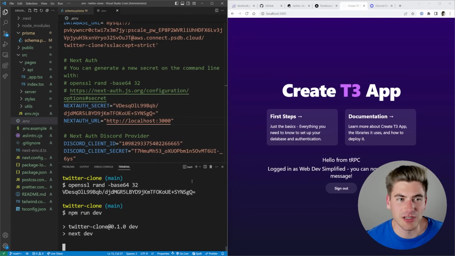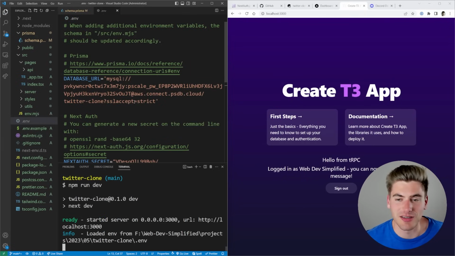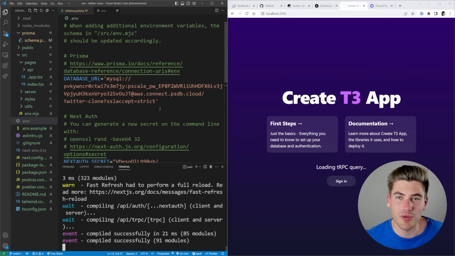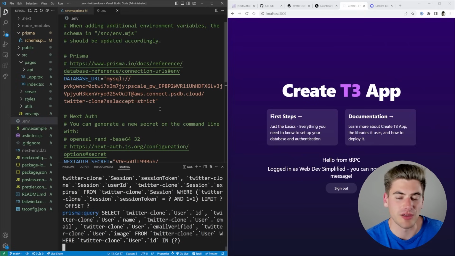So now with that done, we essentially have everything we need to get set up with authentication and our database. The next thing I want to do is actually deploy this right away so that we can easily test what it's going to look like in production as well as in development. So the very first thing you need to do to get this deployed is to go to